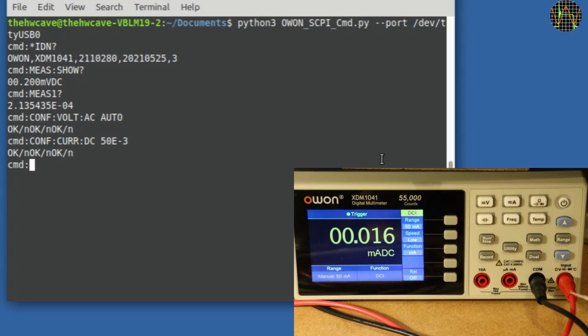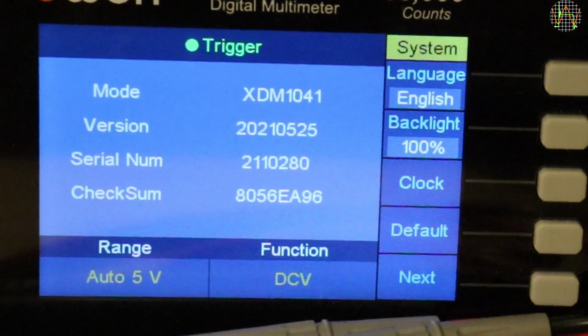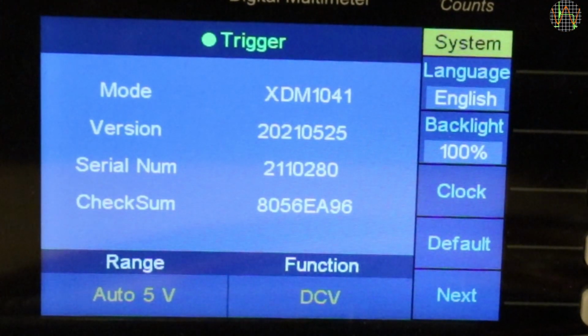If we send a command that should cause a response, like what function are we in, it behaves correctly. In fact, you can even send total nonsense like hello world and you get 3 OKs. I have sent a message to O1 in the hope they clarify this and correct the firmware. So far, no response. So you may want to hold off updating the firmware that is dated 25th of May 2021.